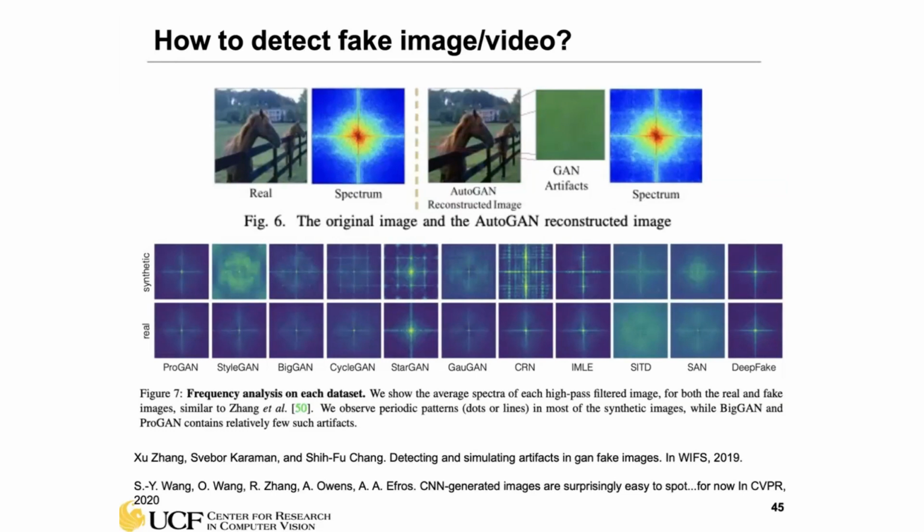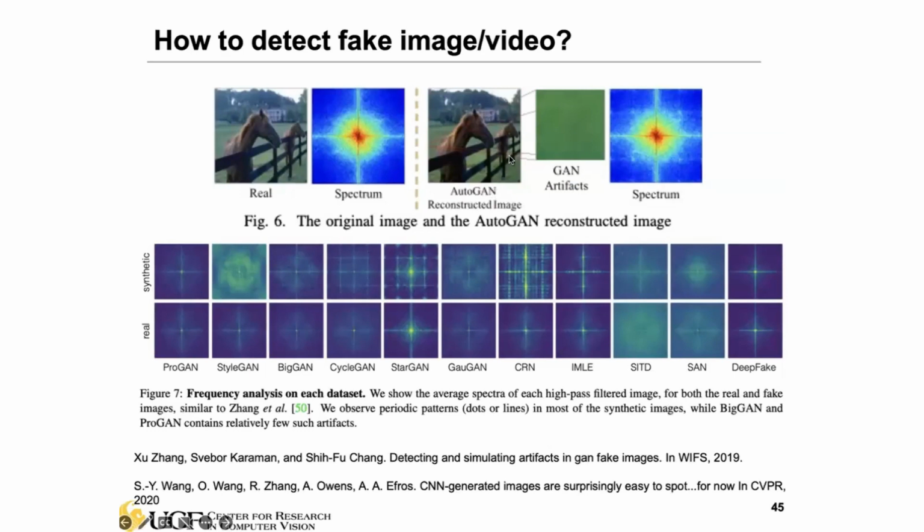The method they are using is trying to look at the information in the spectrum domain, right? Here, this is the real image. You can do some transformation in the frequency domain. You can use the Fourier transform, or maybe wavelet or DCT transform. The Fourier transform is very popular and easy to use. So they use the Fourier transform to get into the spectral domain and analyze the signals in the frequency domain.